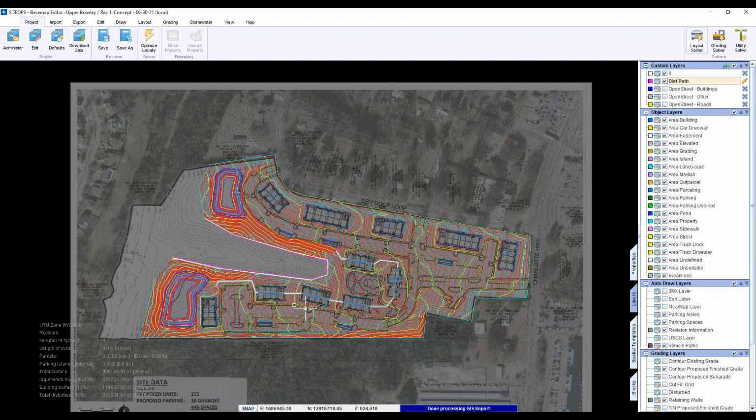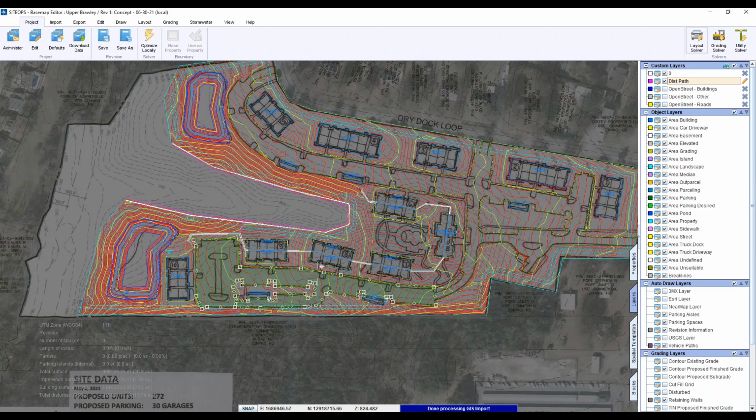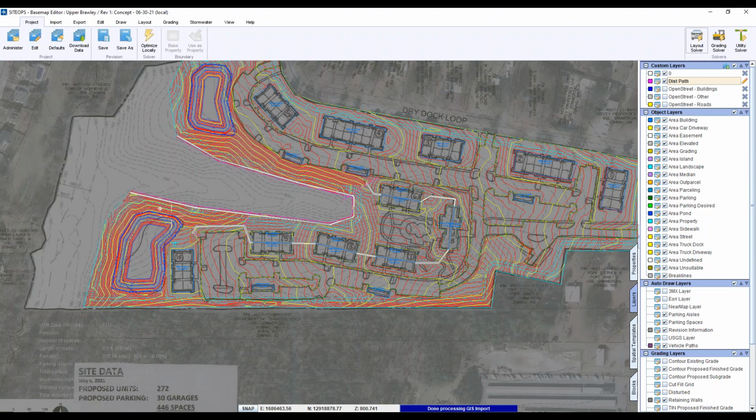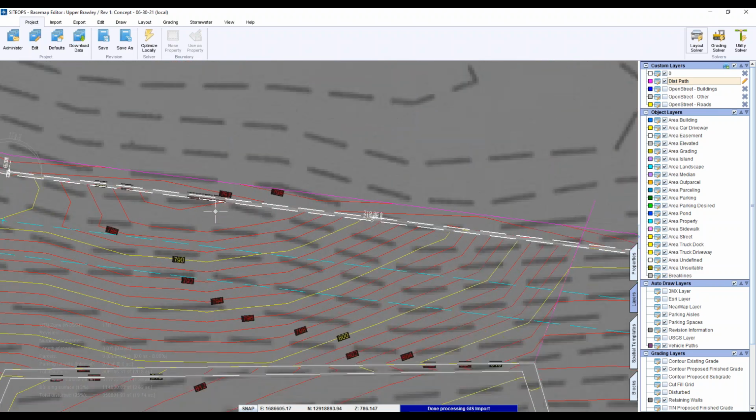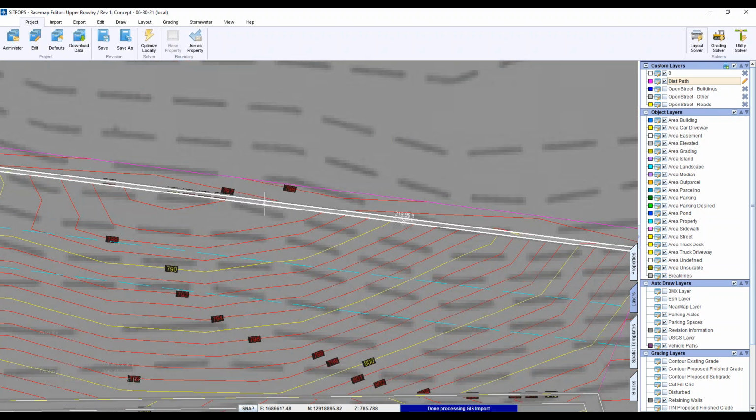So in this one, now the process when you begin is the same. The challenge here is two things. One, you got to figure out where your retaining walls are going to be, because with site ops you have to give it something here in order to create that break.